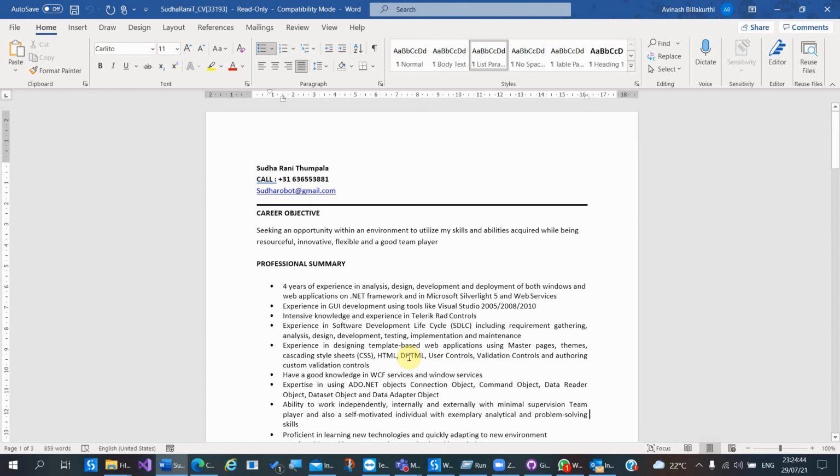Sudha, can you please tell me about yourself? Give a brief about yourself. Yeah, I'm Sudha Rani from Netherlands. I have 4 years experience as a .NET developer. From the past 6 years, I'm not working. So I chose RPA to restart my career. I have taken some sessions in UiPath, but I need some real-time experience.